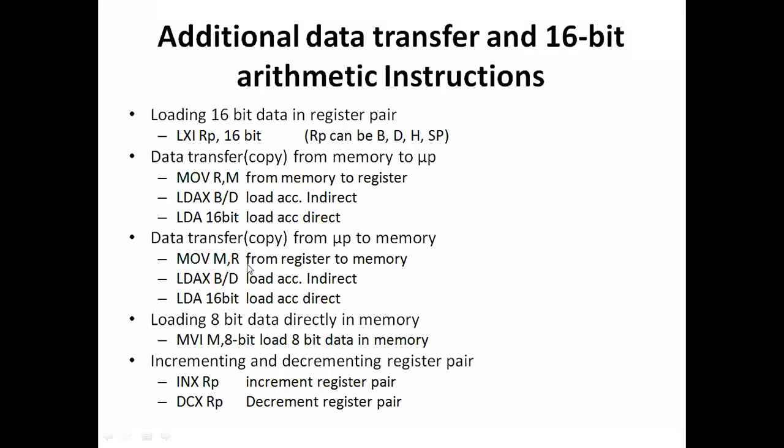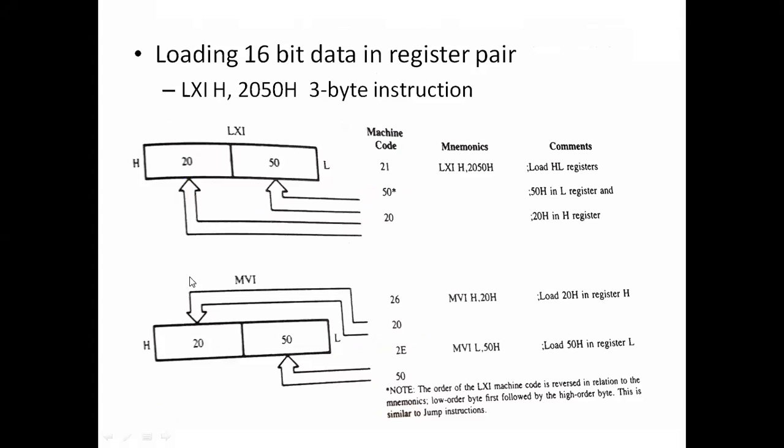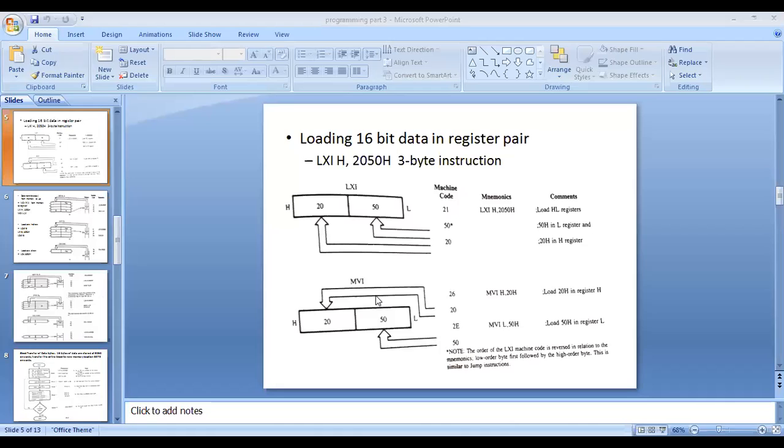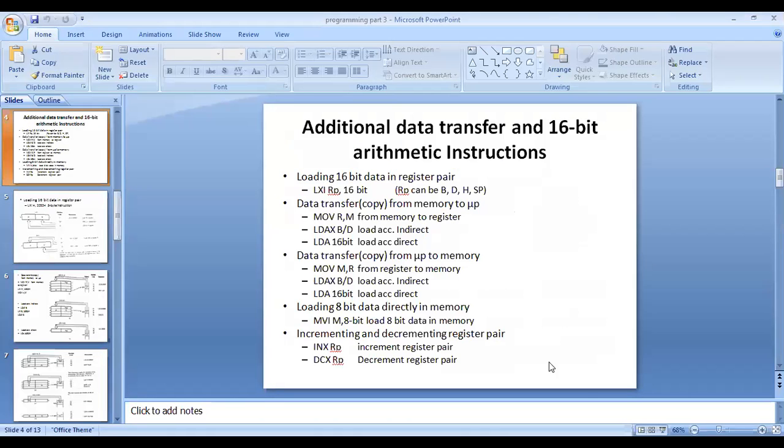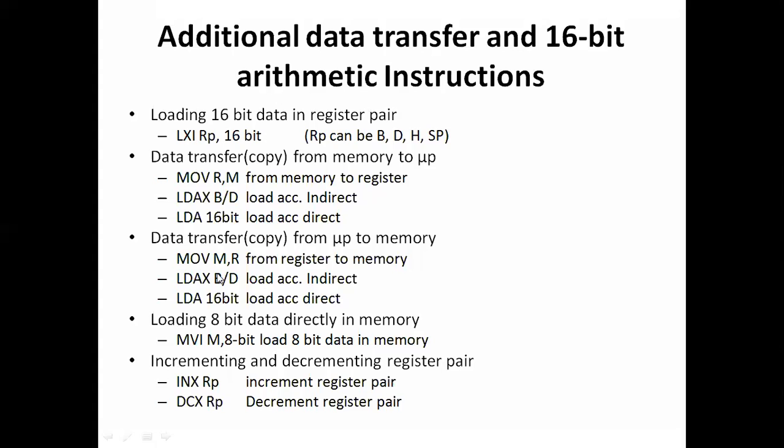MOV R, M was to copy the data from the memory to the register, and MOV M, R will be copying the data from the register to the memory, and the register will definitely be a microprocessor